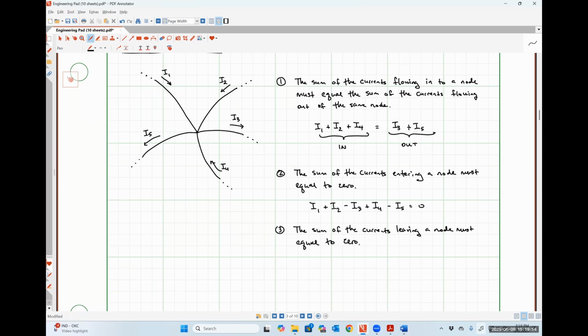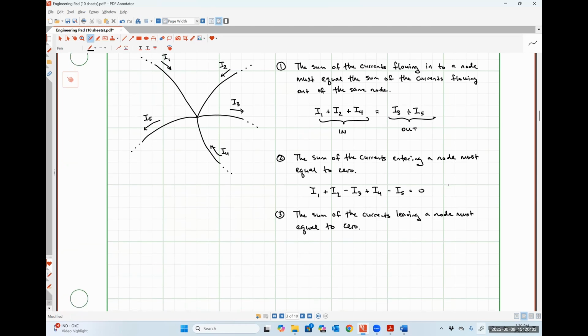And in this case, all of the currents that are leaving will get a plus sign, and all of the currents that are entering will get a minus sign. So that would look like negative I1 minus I2 plus I3 minus I4 plus I5 is equal to 0,